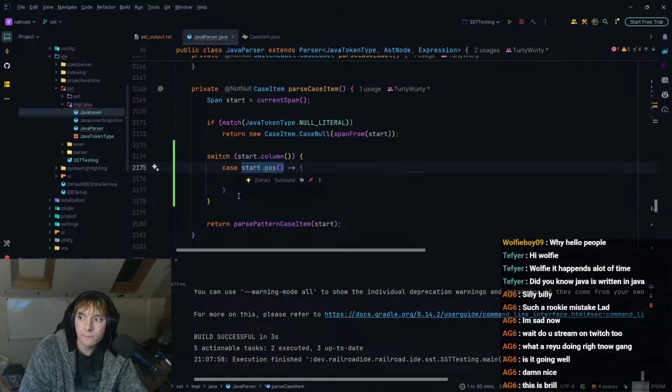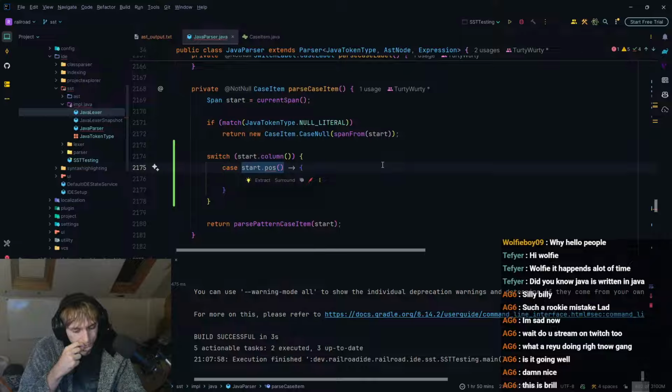But the complicated thing about that is you could have a class dot constant, right? So I can't just match for just a singular thing. That's actually kind of complicated.